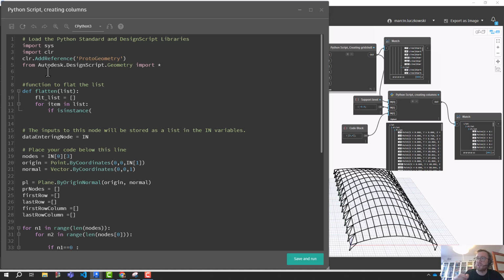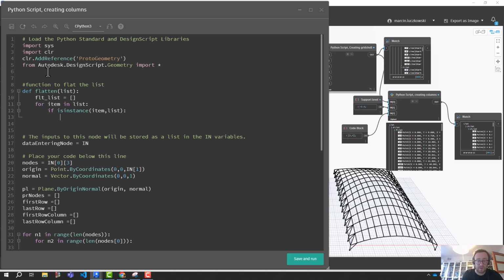So it is checking if this is the single element list. Flat list extend flatten,